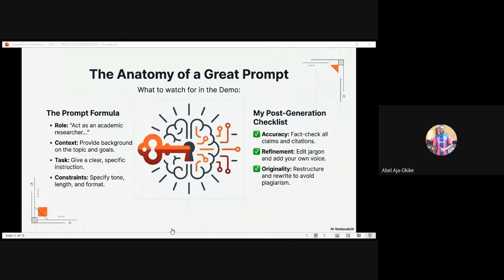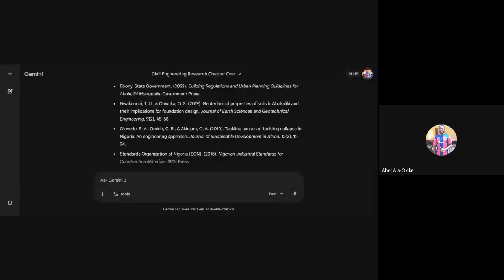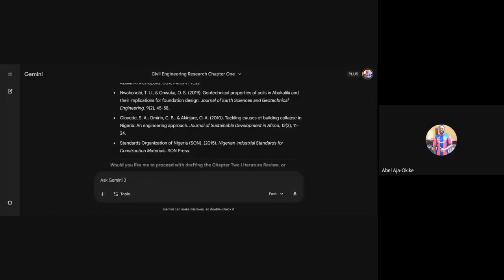I want to share my screen back to the tone. The tone, thank you for that question. The tone here is more like how you want the response to be. Do you want it to be professional? You just say it in your prompts. You want it to be professional. You want it to be formal. You want it to be casual. That is just the tone you get. So that is just what it is all about. So I'm sharing my screen now back to what we did.